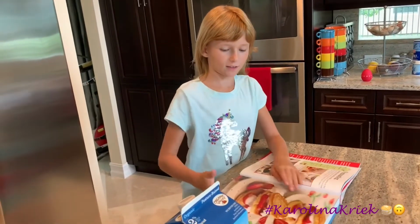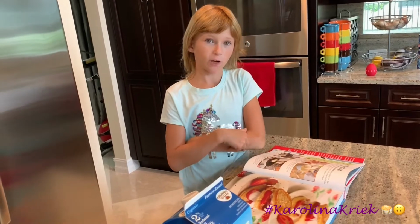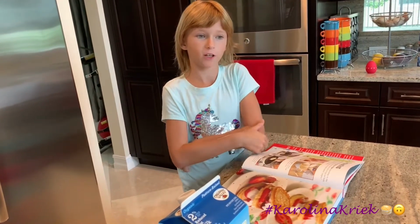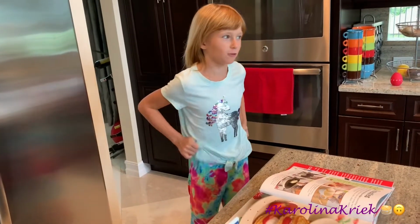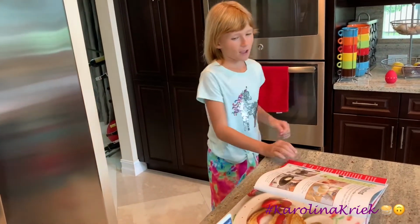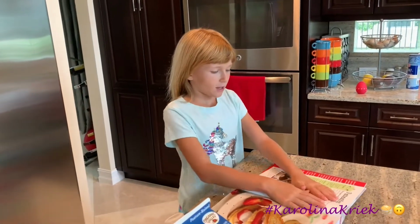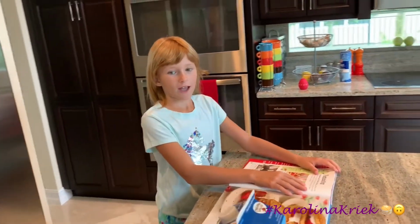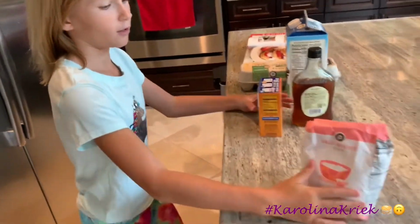It's not gonna look like this because I'm making normal pancakes. I was gonna do French toast, but we realized we had no white bread at all, and I'm not doing whole wheat because it will taste really weird. And I'm going to be doing pancakes out of this children's cookbook, and the things you need: self-rising flour,